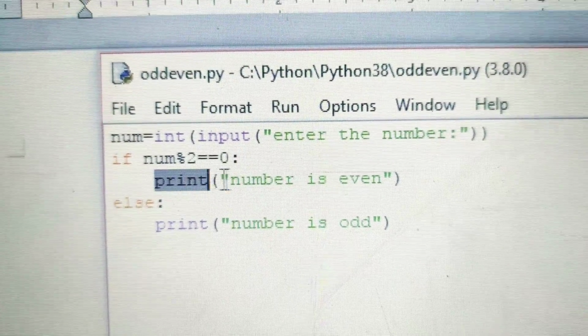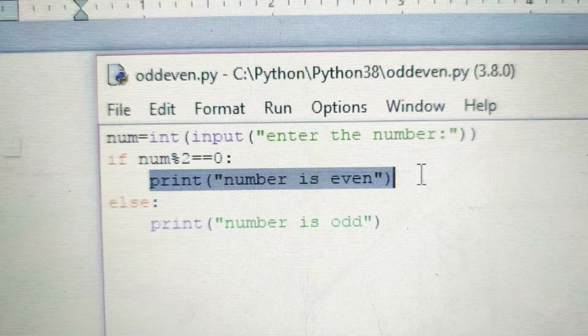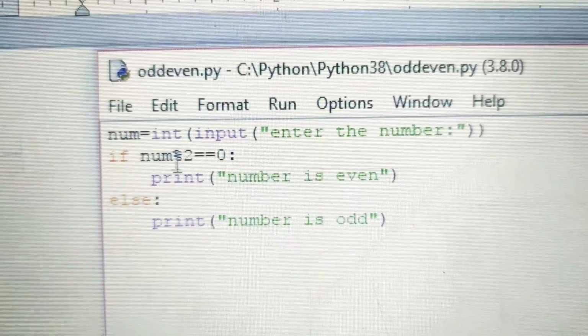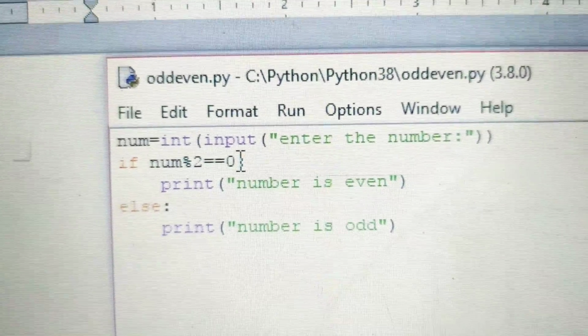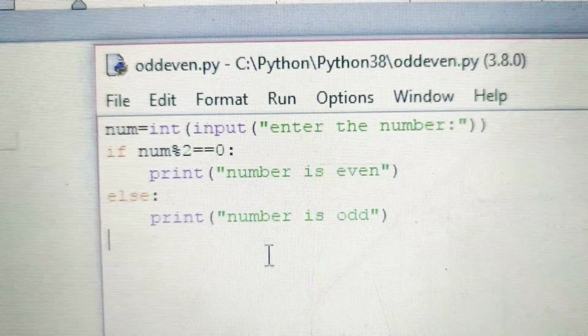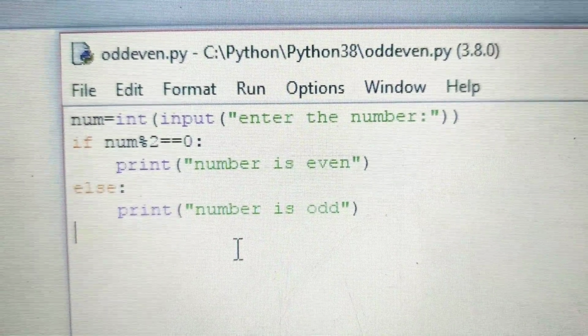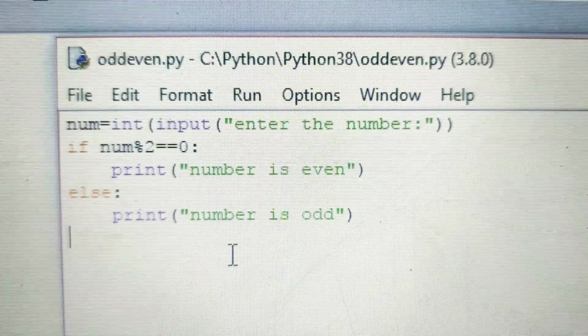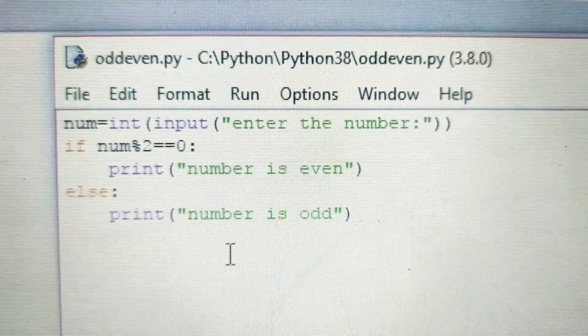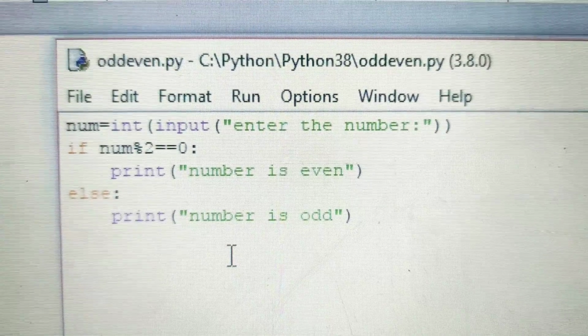The statement print number is even will not be executed. Why? Because the condition is false. So we come to the else part. In the else part it is written print number is odd, so it is executed.